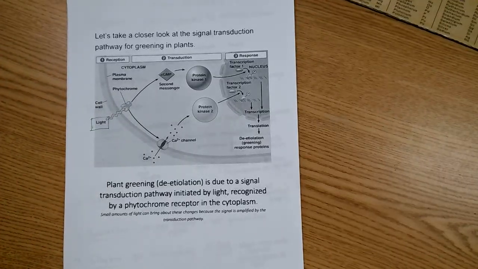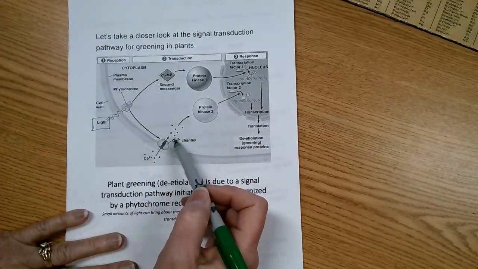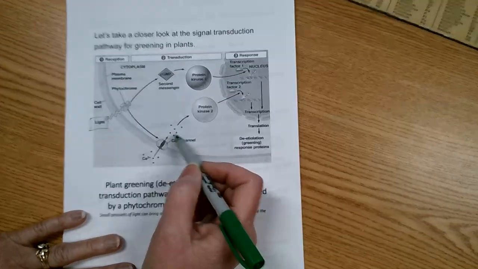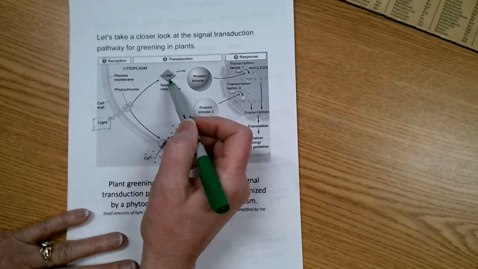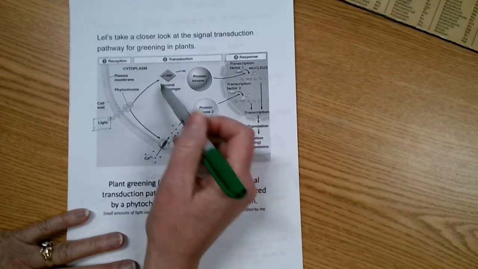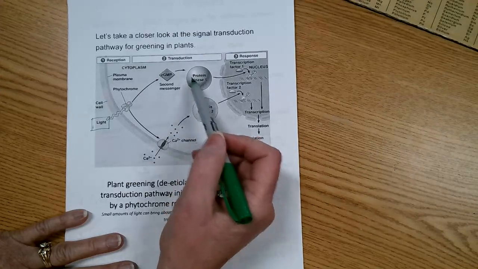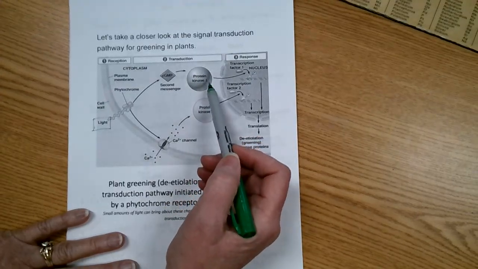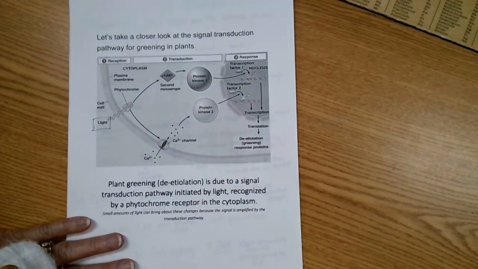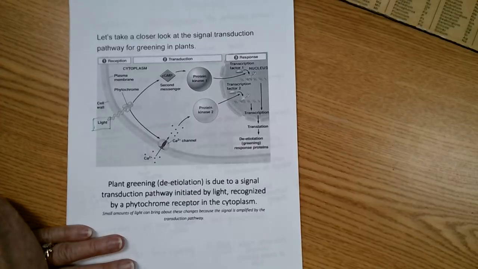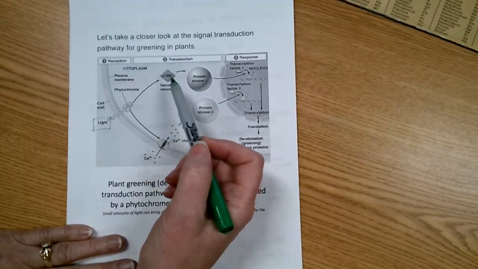So then let's see what's involved in the signal transduction pathway. And notice this phytochrome is going to signal the intake of calcium ions. That's one of those secondary messengers. Also, this phytochrome is going to signal cyclic GMP, another secondary messenger. So we see two secondary messengers being triggered here. Then a bunch of protein kinases are going to help. And they just write in protein kinase 1, protein kinase 2, but there are a number of kinases that act here. And phosphatases. Phosphatases are often not represented. They're so underappreciated. But anyway, it's all about the kinases phosphorylating things, and that's how the signal travels on down